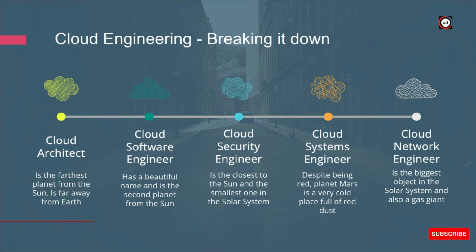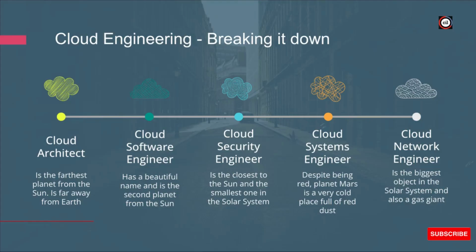So on the screen, we see a cloud architect, a cloud software engineer, a cloud security engineer, a cloud systems engineer, and a cloud network engineer. And they've been paradigmed to follow some of the planets in the solar system. I think I would ditch the planets analogy and go straight to talking about what I see those roles as doing. And also, if you think of other roles and wonder why they are not listed here, they may already be covered by what you see on the screen. So feel free to ask those questions in the chat as we go along.